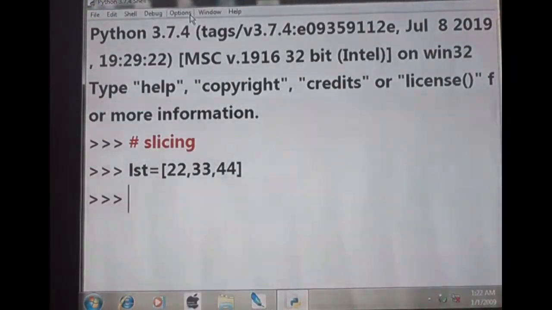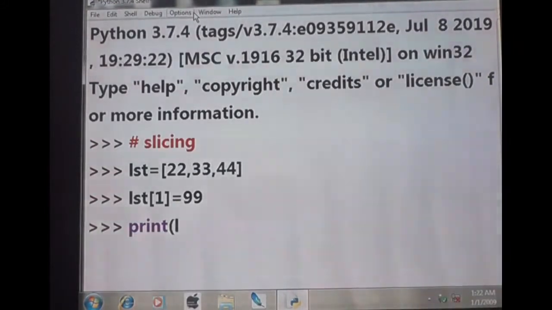Now, sorry, list of 1 is equal to 99. Okay, fine. Now if I give print list, you tell me what is the output.